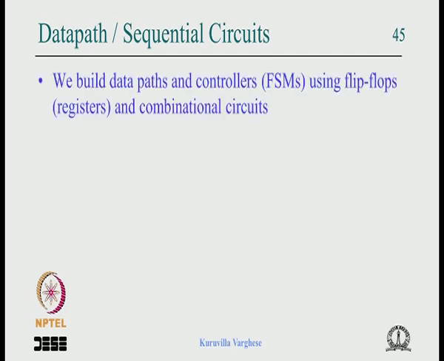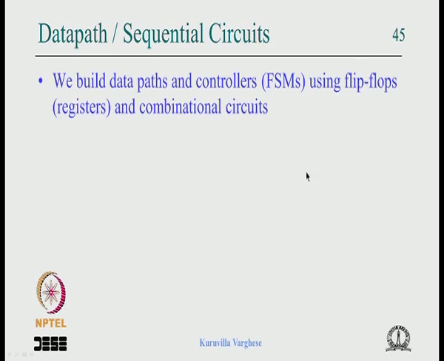As I said, we use flip flops and combinational circuits. So all the data paths are built of flip flops or registers and combinational circuits. Similarly, the FSM also uses registers, the state registers, and the combinational circuits: next state logic, output logic and so on. So now this has a potential chance of